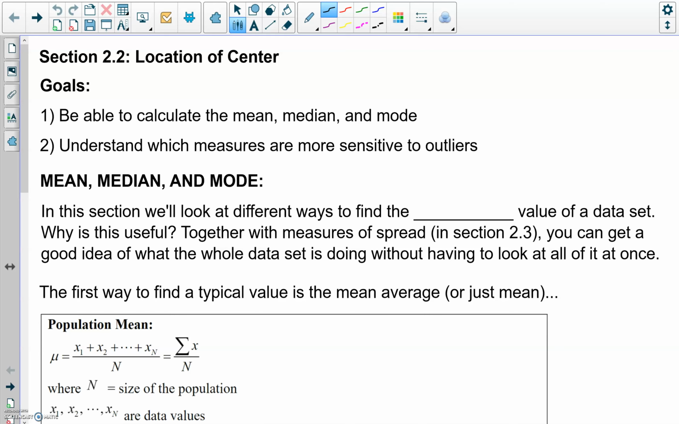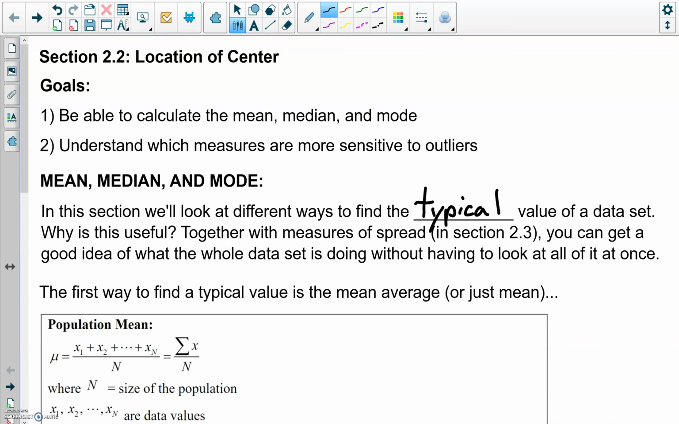Section 2.2, location of center. In this section, we're going to calculate the mean, median, and mode, and then we're going to understand which measures are more sensitive to outliers. So overall in this section, we're going to be looking at different ways to find the typical value